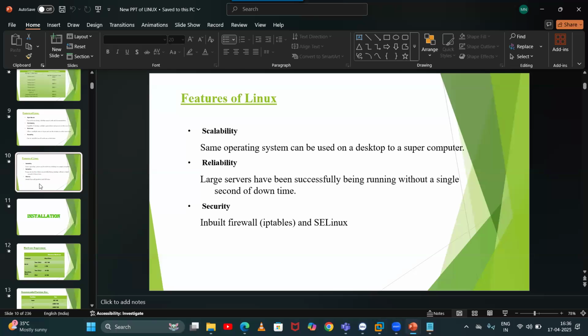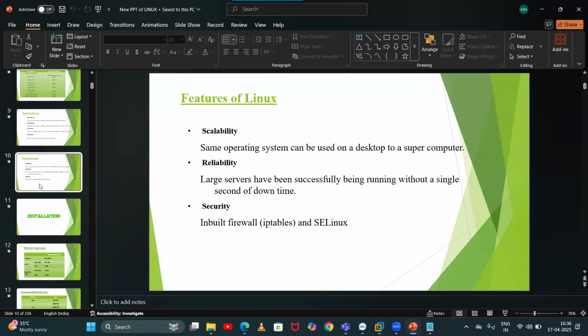And next point, Linux works with command line interface, a black screen with white fonts. So when Linux is working with commands, those who know commands, they only can access something from your computer. Without knowing Linux commands, no one can access your computer. No one can configure anything in your computer.